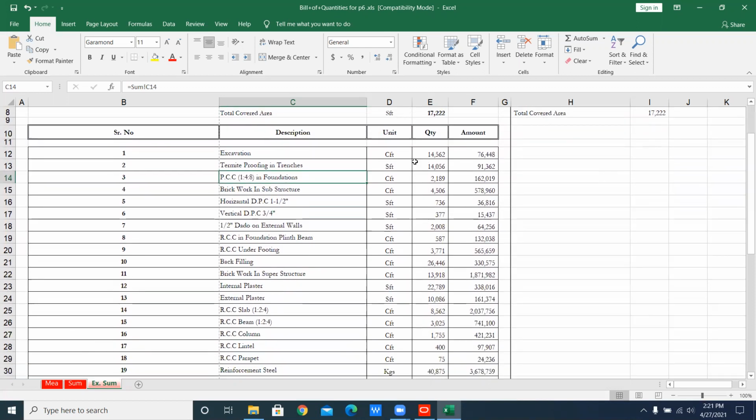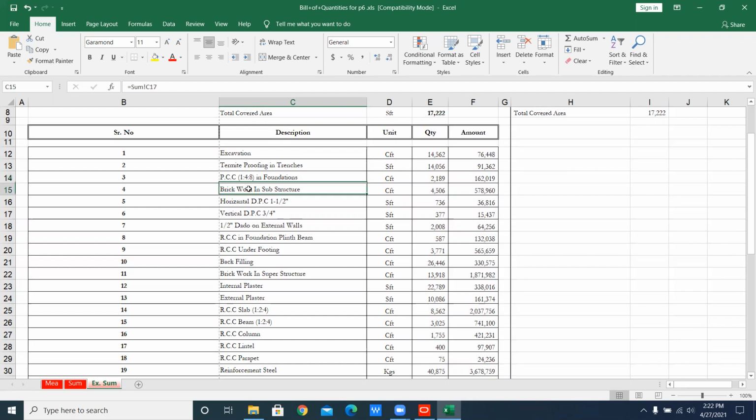First is our excavation, then termite proofing in trenches. We always do this in order to kill the insects, like some types of germs which could destroy the concrete and create voids in the concrete.